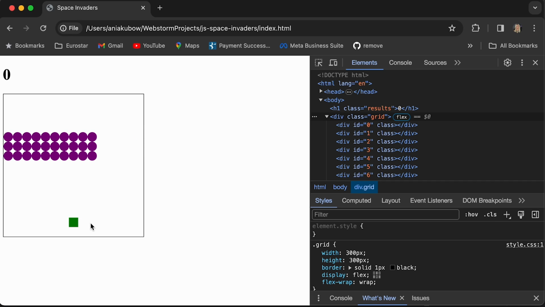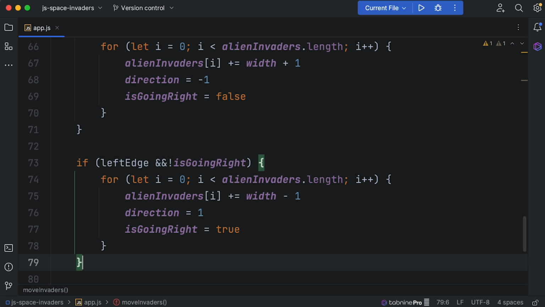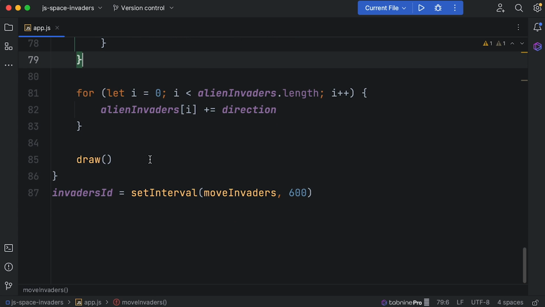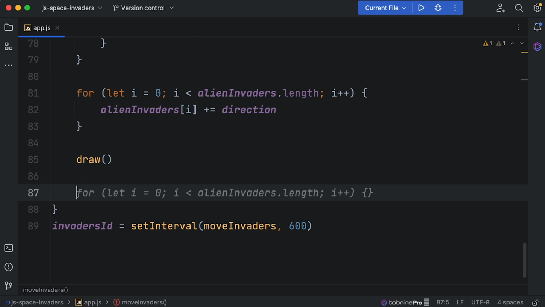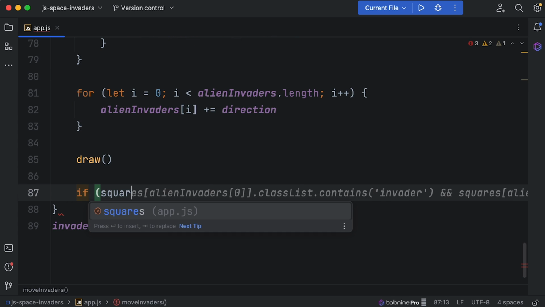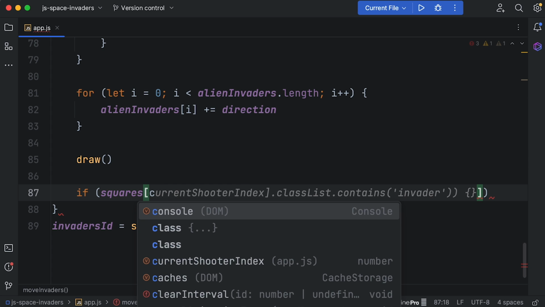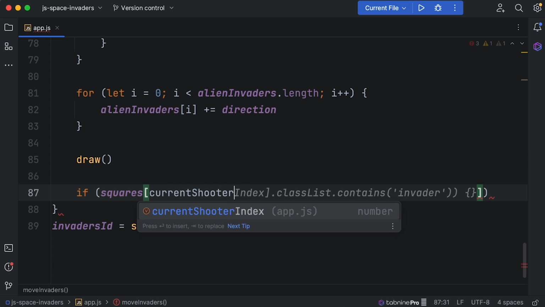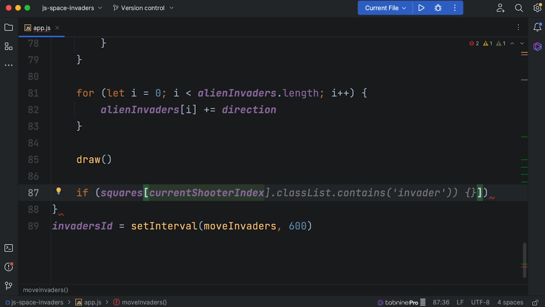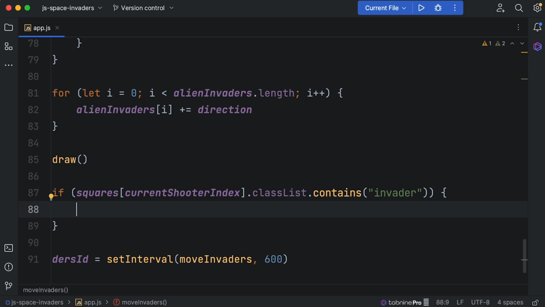Now let's write something for if the Space Invaders hit the shooter. So this should be relatively easy. After we draw that, I'm just going to write if, and we're going to go into the squares, and we're going to get the current shooter index. Okay, so wherever he is at the moment, I'm going to check if it contains invader, because if the square that we are working with contains both classes,